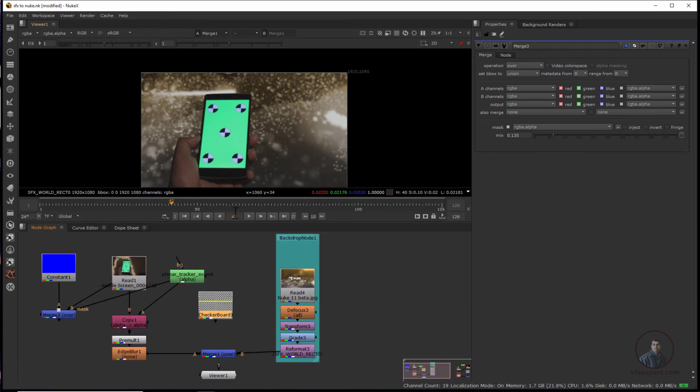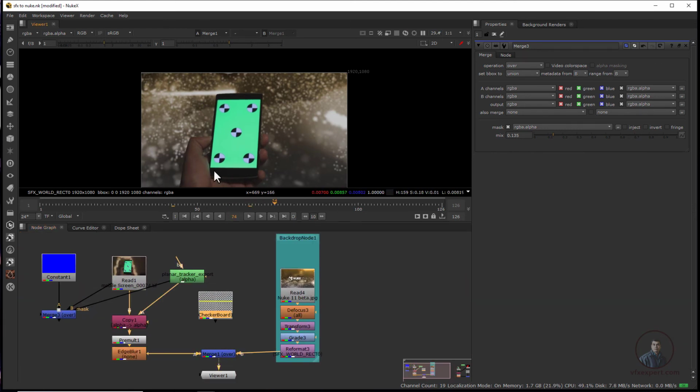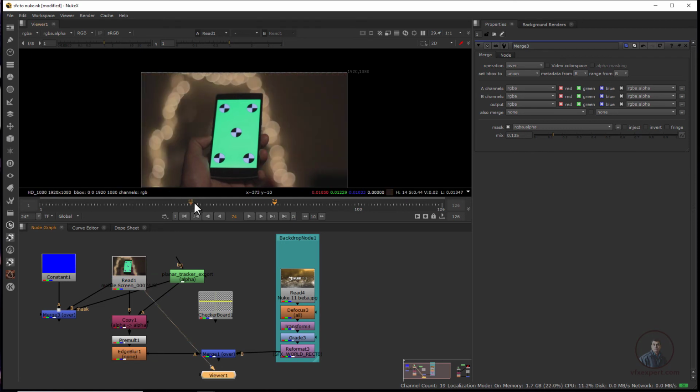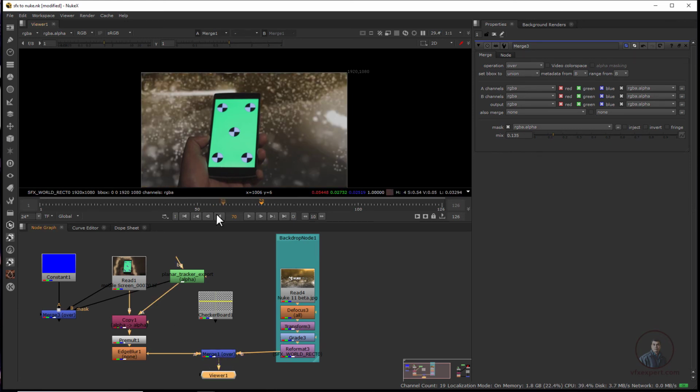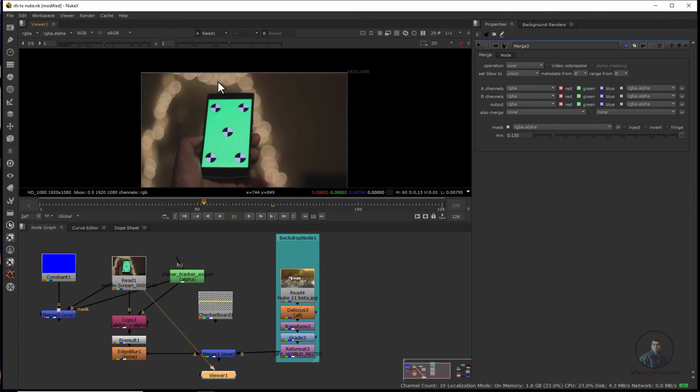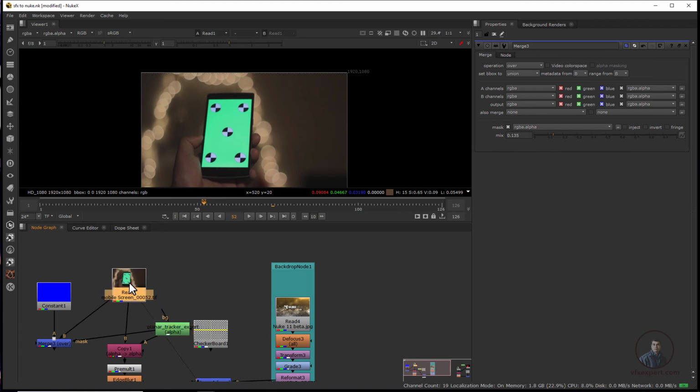Now if you play here, you will see this is moving, but this background is not moving. If you want to create it the same as in your footage, this is a little bit of enhancement, which I am going to explain here. Select this one, so this is not moving. For this, I am again going to track our original shot, this one. After this I will apply this tracking data on this background. So just come and adjust it a little bit here. Now press tab and tracker.